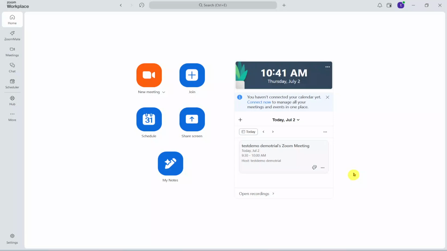Hello, today we will guide you through how to change zoom color mode. To get started, open the Zoom app on your computer. Make sure you're on the main Zoom home screen before moving on. If Zoom takes a moment to load, just wait until the full interface appears so you can clearly see the